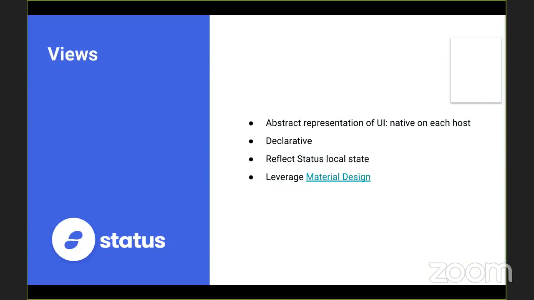So views are the UI elements, or how you manipulate information. Technically, it doesn't have to be completely UI related. It could be command line stuff, for instance. But it's really just how you want to manipulate and surface the data inside Status.